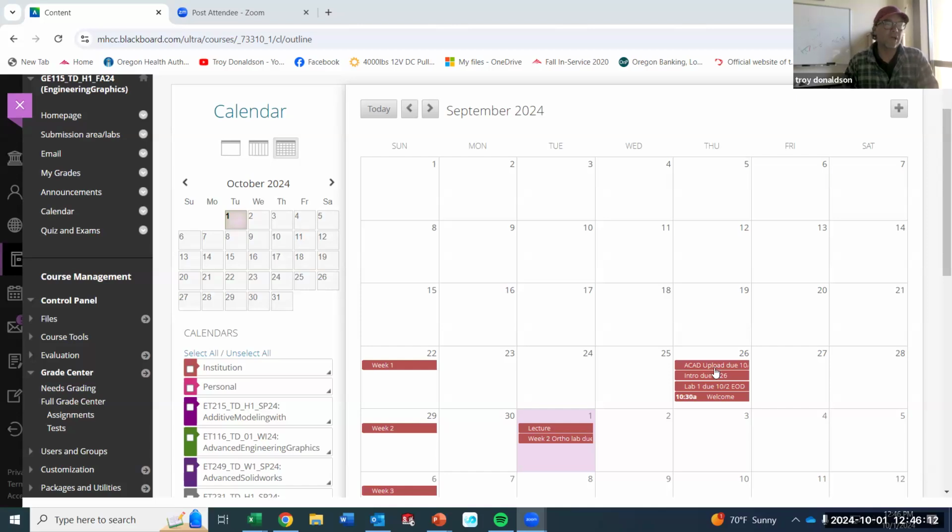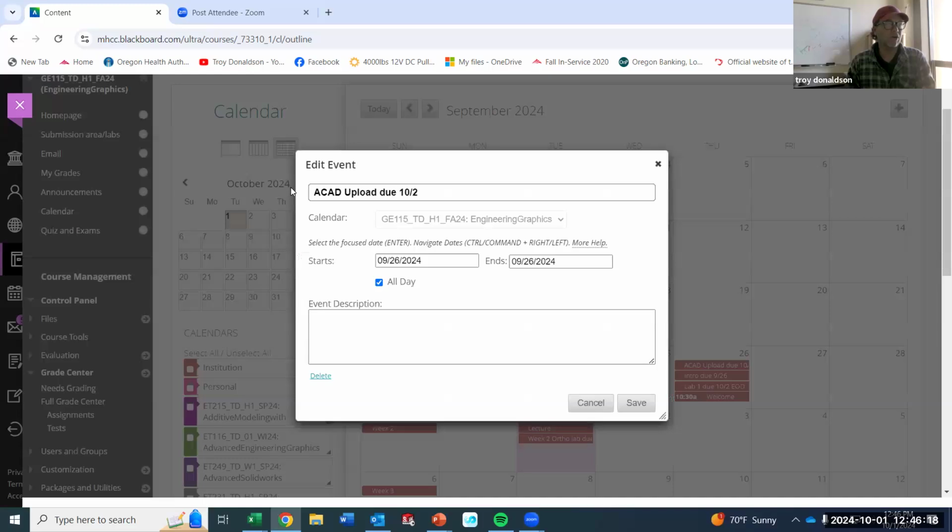So in the calendar, you can click on these events, and you can see all of the events. You were also supposed to try to upload AutoCAD onto your laptop or desktop and then post about that. Even if you're not going to do it, you were supposed to post about it. That is due on the 2nd. You still have time to get that one done. I didn't zero anything yet.